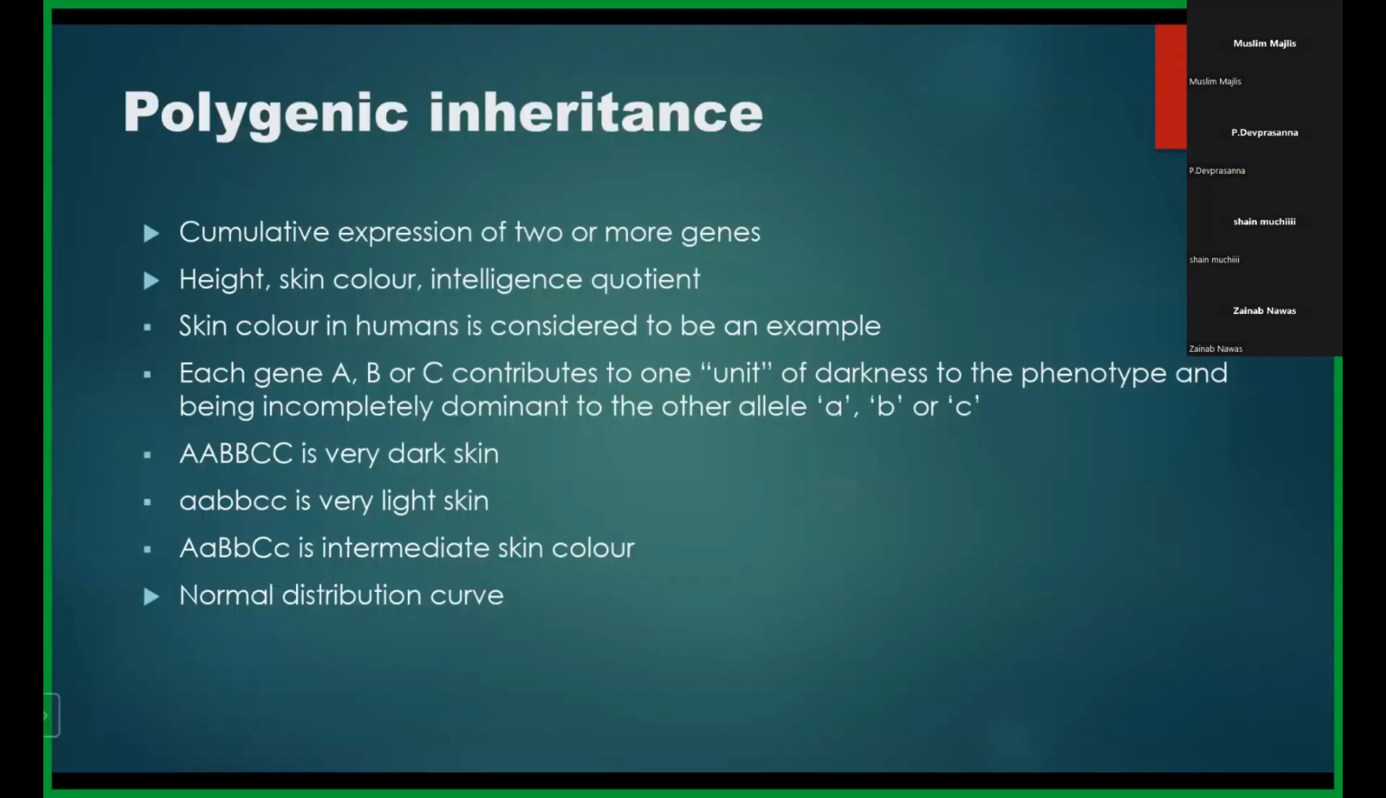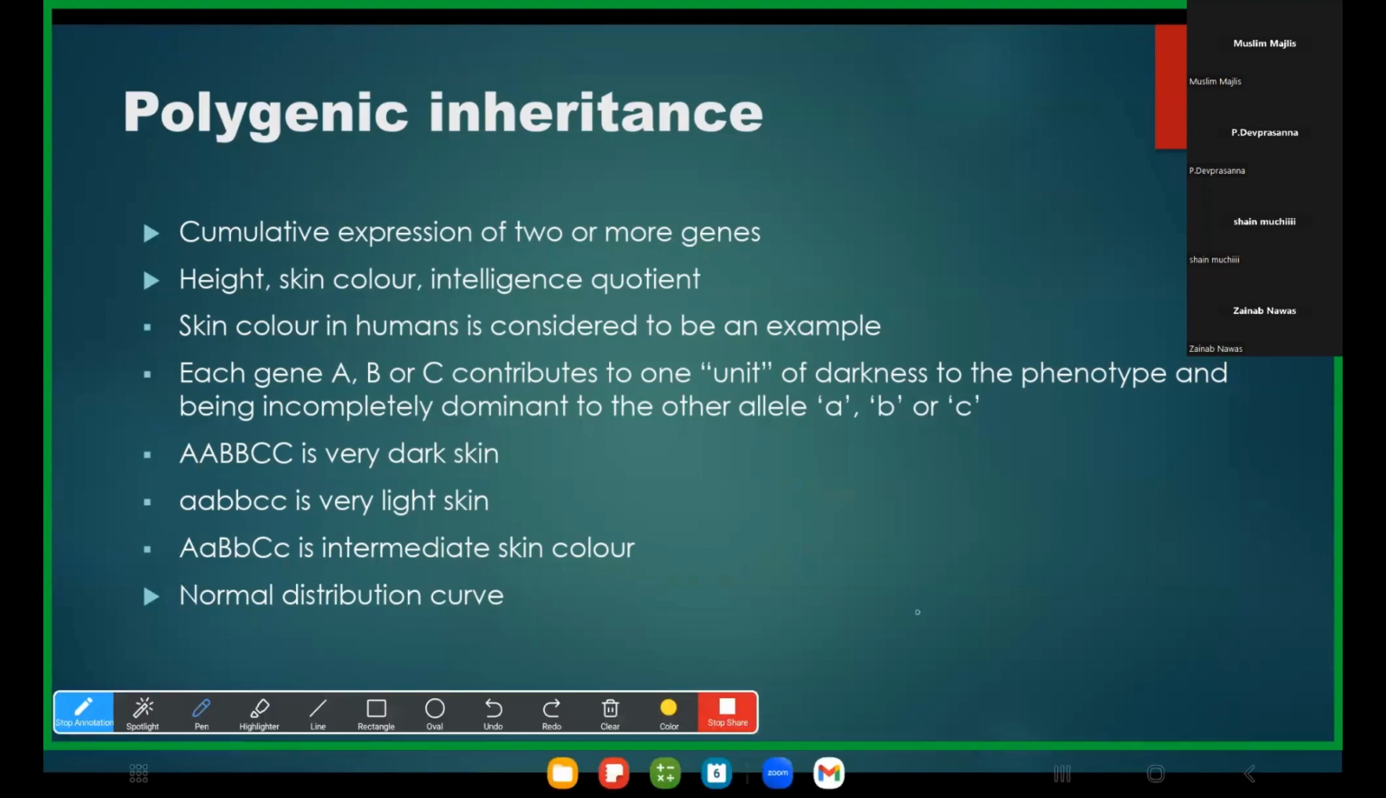So these kinds of cumulative expressions, where more than two alleles are expressed in a cumulative fashion, can be observed for various characteristics such as height, skin color, intelligence quotient, and so many other features that can be inherited through polygenic inheritance. And most of these polygenic inheritances would show a normal distribution curve. So normal distribution curve means that both the double dominant and the double recessive, or in this situation, the triple dominant and triple recessive conditions are